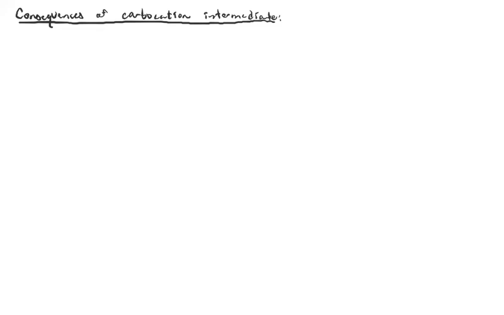And the first, I touched on this at the end of class on Monday, but let me go through it again, which is that because the carbocation is planar, any stereochemical information that may be present in the starting material is going to be lost. And so